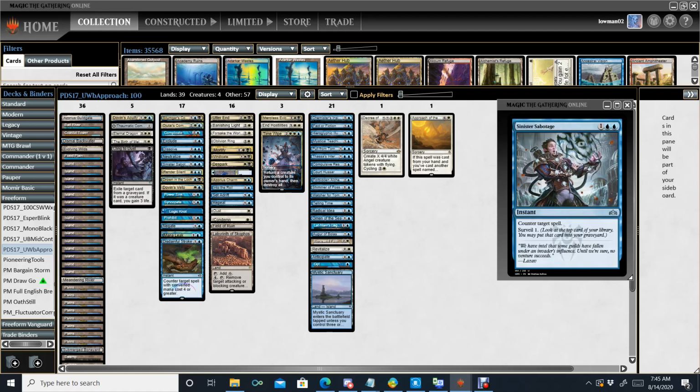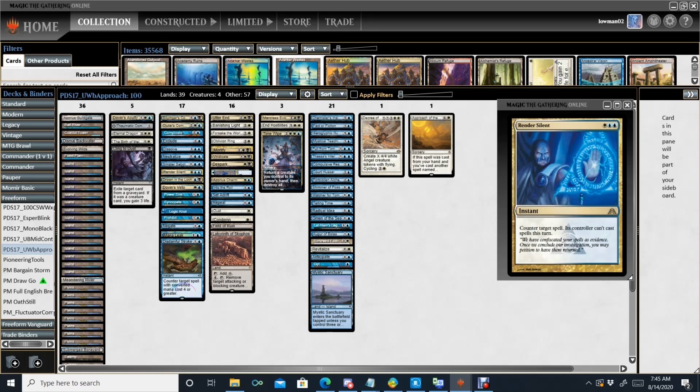Dissolve and Sinister Sabotage, both fine. I'm also playing Render Silent as a flex slot card right now. I could see cutting Render Silent and putting a different card in, but I've been pretty happy with it, honestly, because this deck will tend to want to tap out. So if you're in a blue mirror and you Render Silent one of the cards on their turn and then tap out on their EOT for something like Search for Tomorrow, or Pull from Tomorrow or Thassa's Intervention,